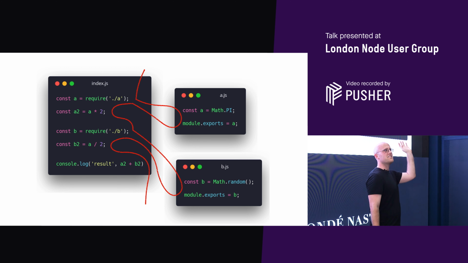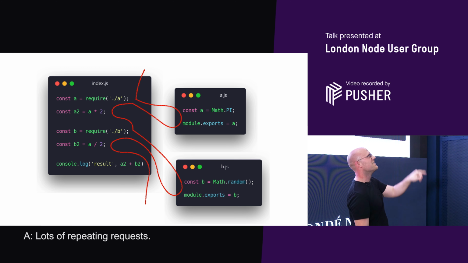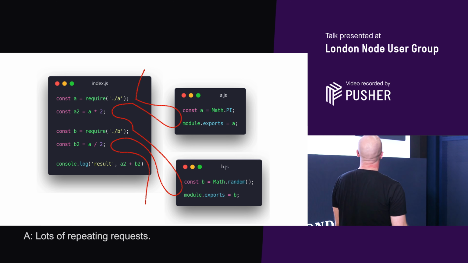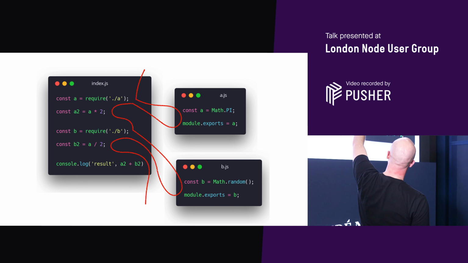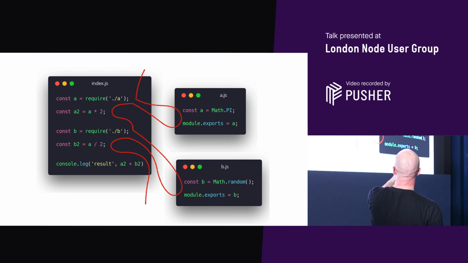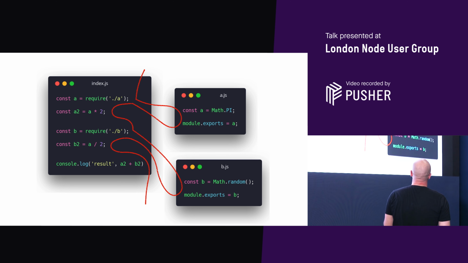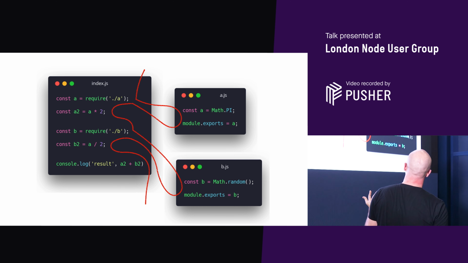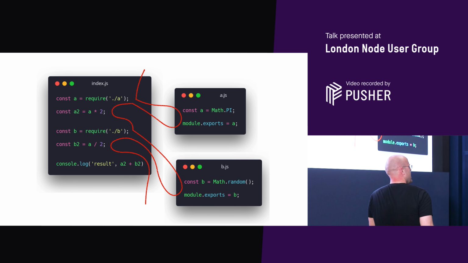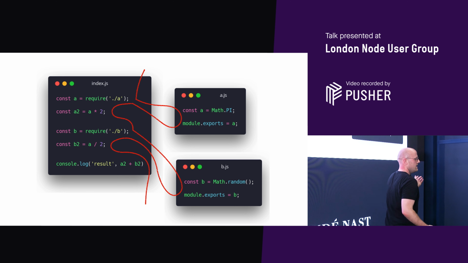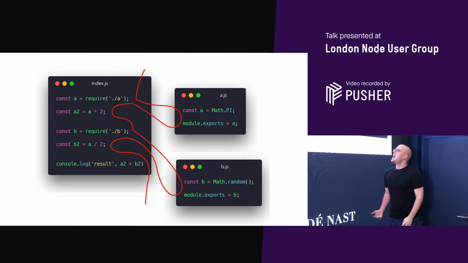Any hands in the air? Oh, you sir. Lots of repeating requests. Yeah, and you're hitting the disk. So that red line that was slowly drawing out, if it's going to hit the network, it's going to be blocking. If you load up a website, it's going to go fetch a load of JavaScript, and you're not going to be able to scroll around or do anything until this is all done and dusted.